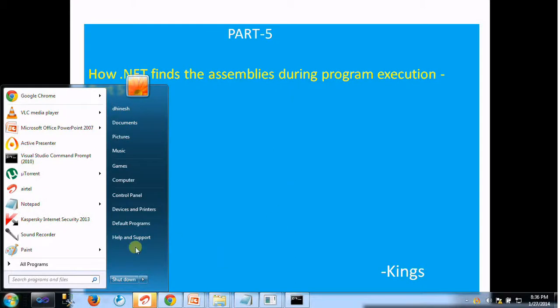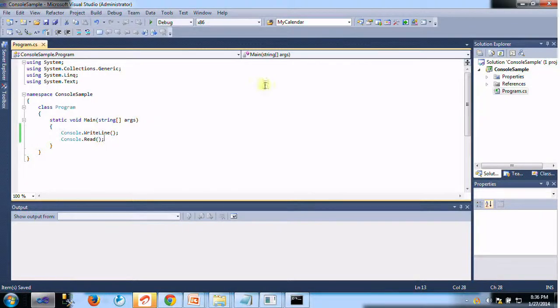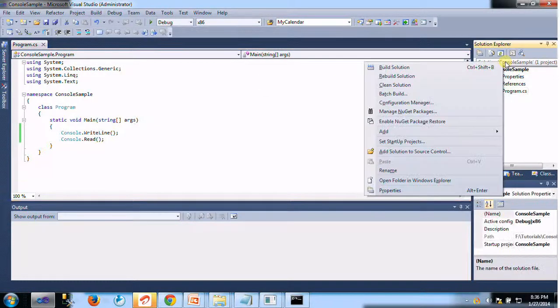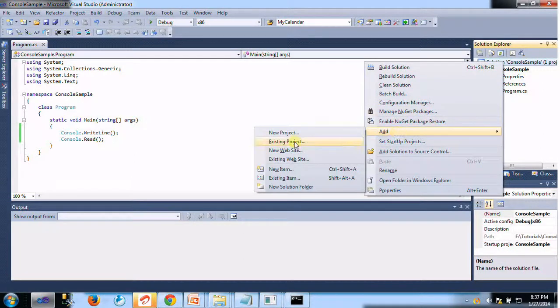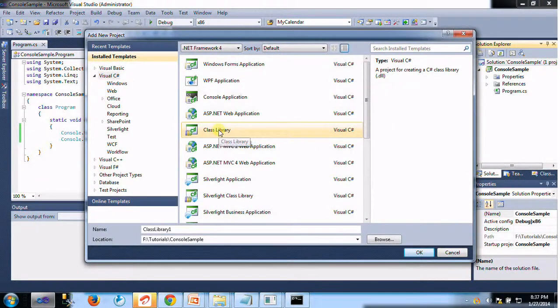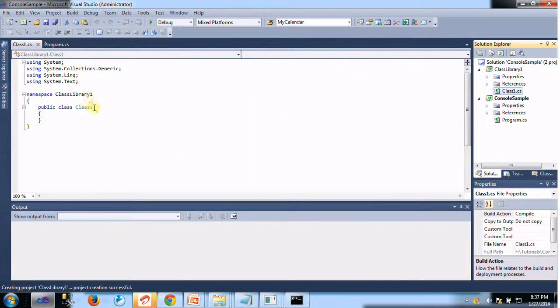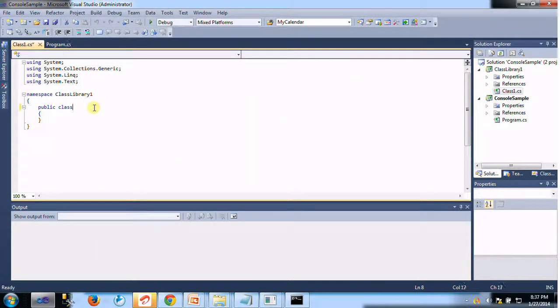Here I have a simple console application, and I want to add another new project, a class library. I leave the name as is, and I just change my class name to Sample.